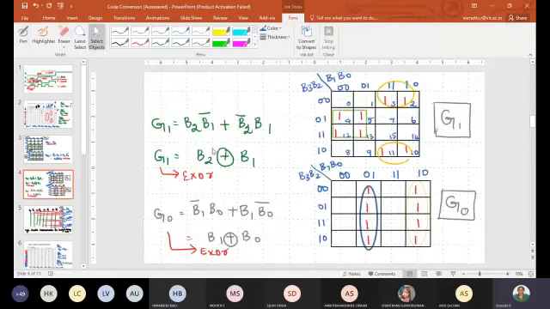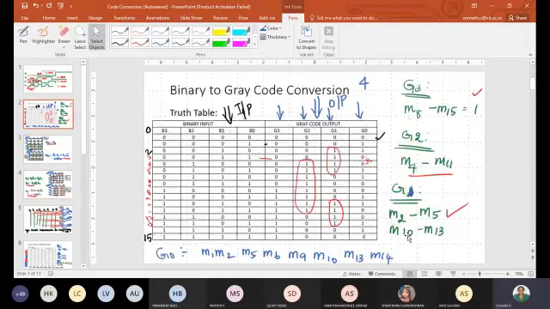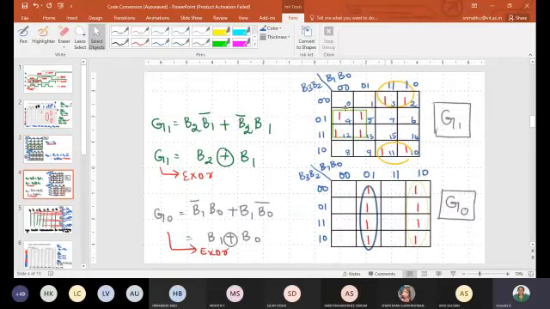The next thing is, again from the consolidated ones, you just fill up this G1. You can make this green color one the combination of 1s. And I can fold this, assume this as a paper, fold from upside down. These two ones and the lower two ones can be combined as 4 ones. After combining, I can write it as B2 B1 bar for the first case, B2 bar B1 for the second case. So again it's an XOR, so B2 XOR B1.